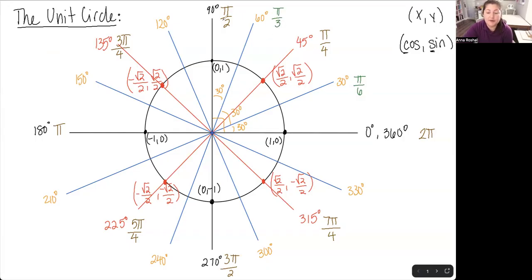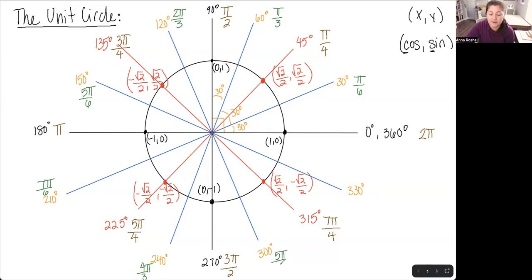So this will be 1/3, 2 over 6, 3 over 6, which is 1/2, 4 over 6, which is 2/3. Then I go to 5 over 6. Then I go to 6 over 6, which is a whole, 7 over 6, 8 over 6, which is 4 over 3, 9 over 6, which is 3 over 2, 10 over 6, which